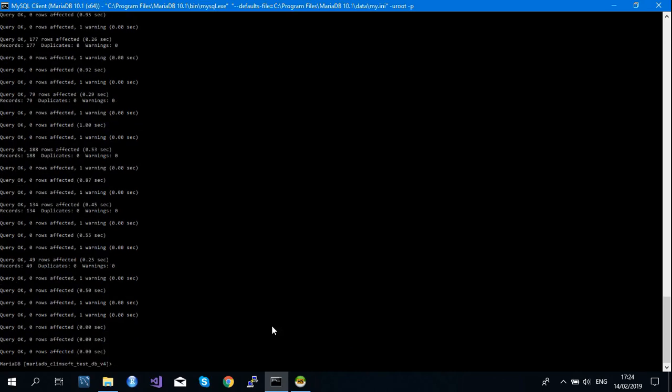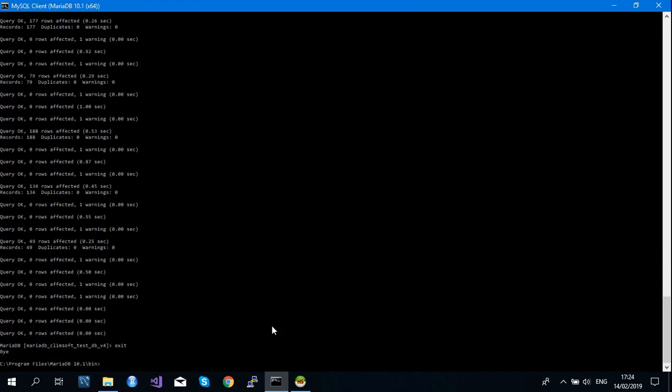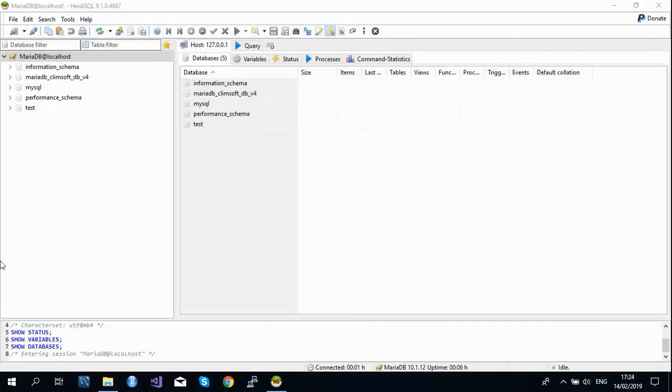Yeah, so as you can see, it has finished. Just type exit to close this window. And then here you can see we have one database, but it is because this was open.